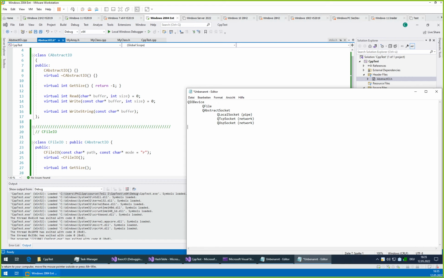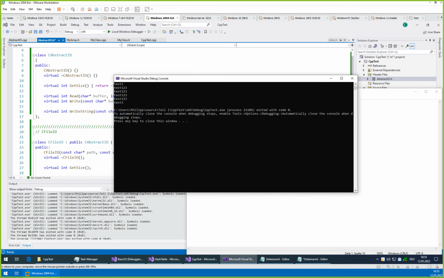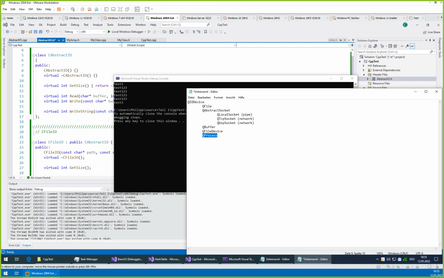Okay, QBuffer is also derived from this. QFileDevice, local socket, network reply, and a lot of other things. Even QProcess is derived from an I/O device, because every process can read and write console, and for some reason they found it useful to be able to do that with processes using this wrapper. But the idea simply is that such a generic I/O object can really contain a huge amount of different things. Oh, and local socket is, by the way, derived one level higher.